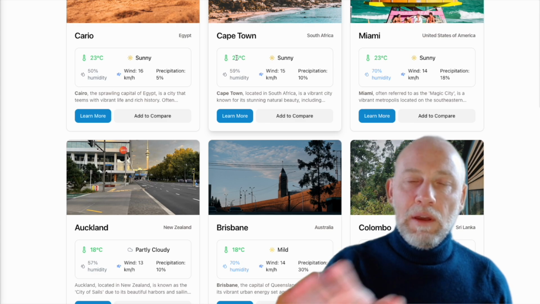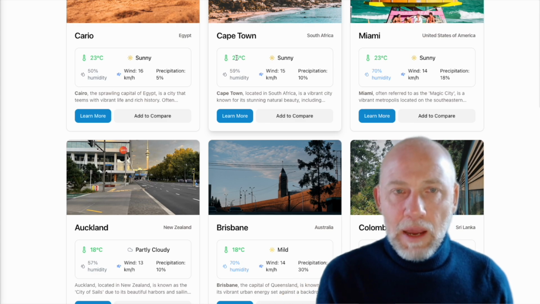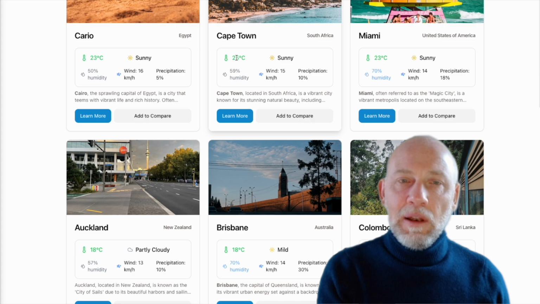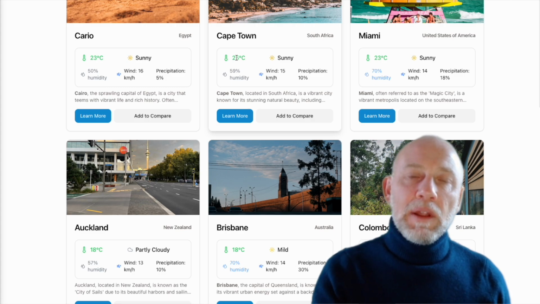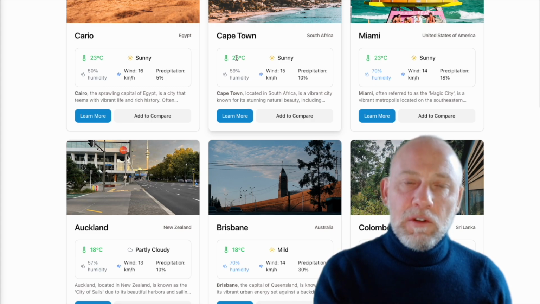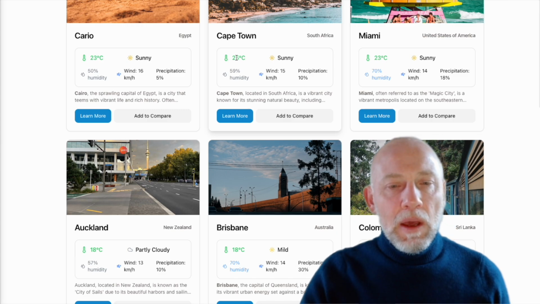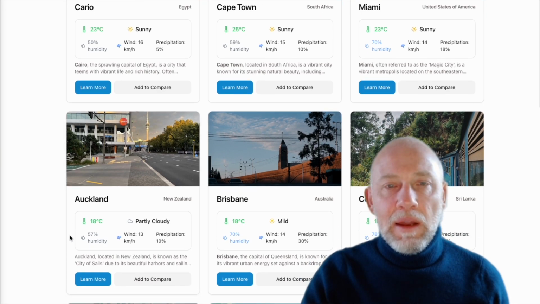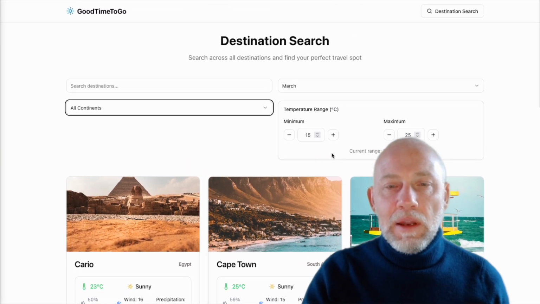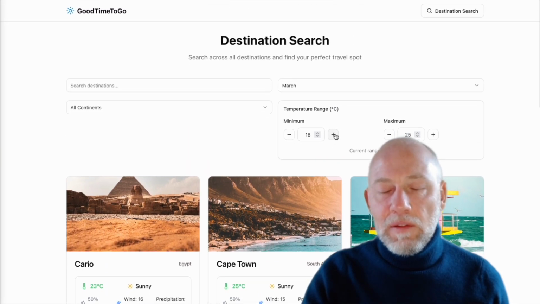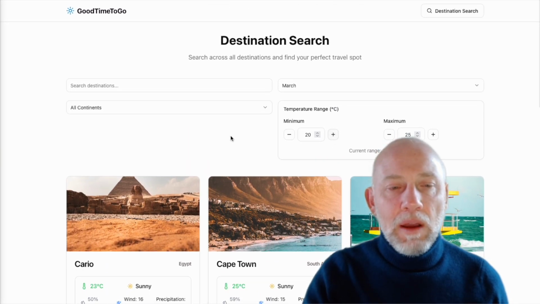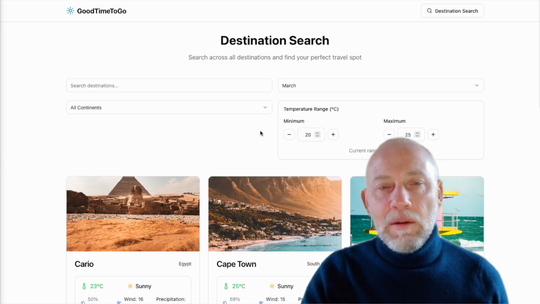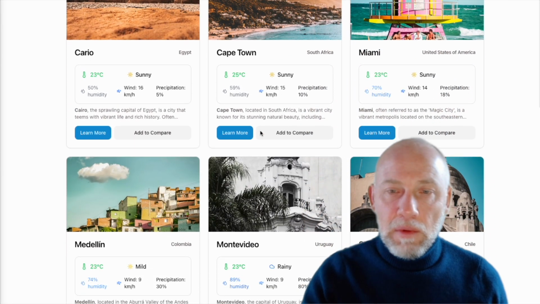So if I would have gone to April, Cape Town might still be a good place to go in April, but then we would see the average temperature for April. So let's see here, Auckland and Brisbane, southern hemisphere, we have 18 degrees, but that is too cold. So what I'll do is I'll just add this, I only want to see sites that are destinations that are between 20 and 25, and now you see that we lost those two, or a couple more maybe,